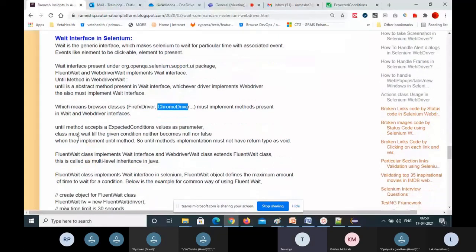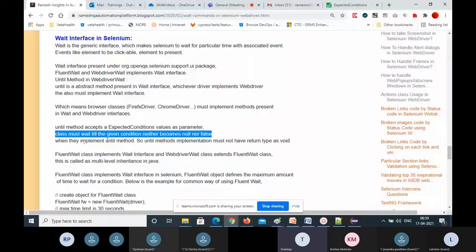And the until method accepts expected conditions values as a parameter. So as arguments, you need to pass expected conditions arguments. That's the until method. The class must wait till the given condition neither becomes null nor false.